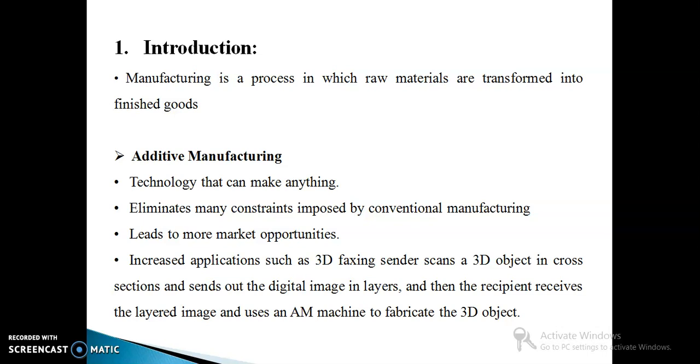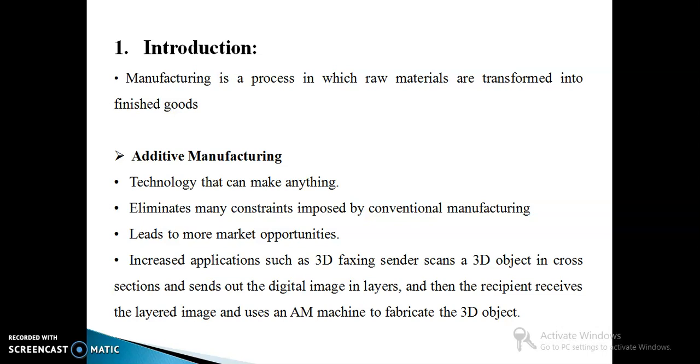Additive manufacturing is used to manufacture complex geometry and complex components. This constraint is eliminated by the AM process, and it leads to more market opportunities due to these two advantages of additive manufacturing.